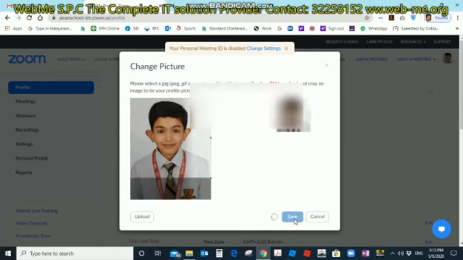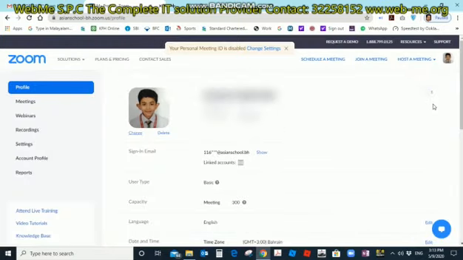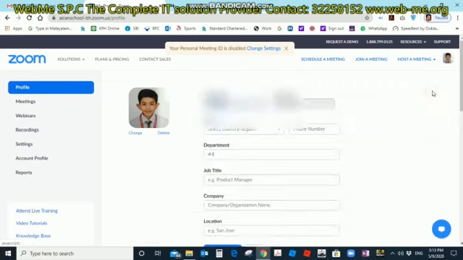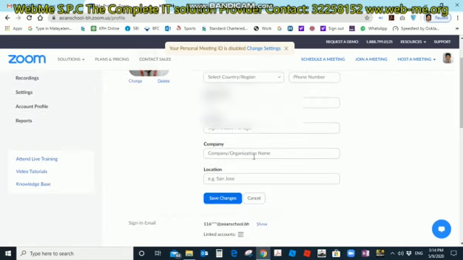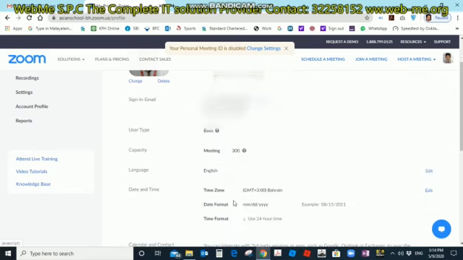And next, after saving this photo, you can edit the details. Please click on this edit button and open the details. Here you should give your child's name itself, first name, last name, and phone number and other details, and please save the changes. So the first part is finished.